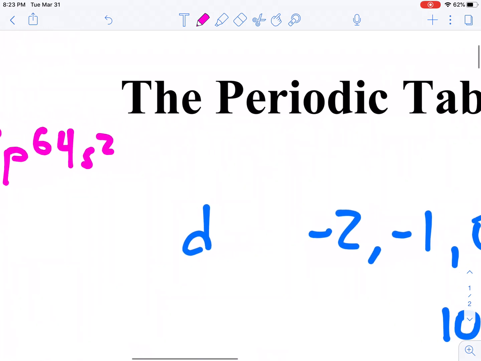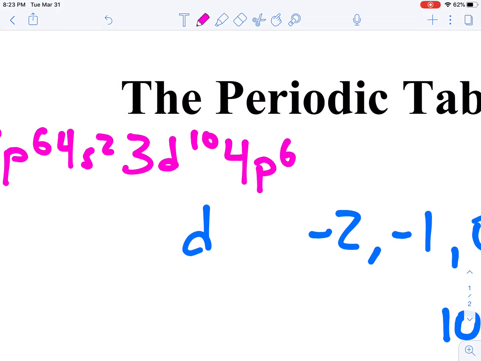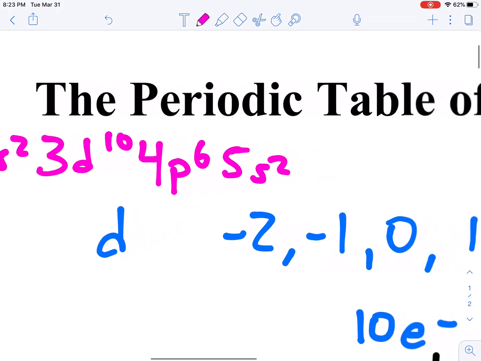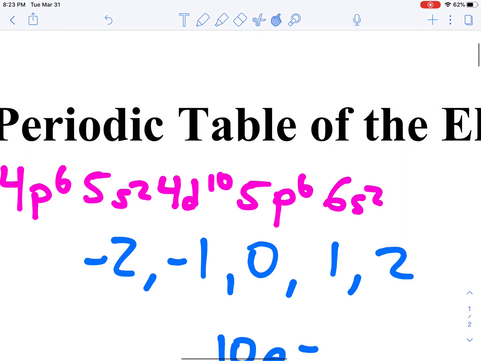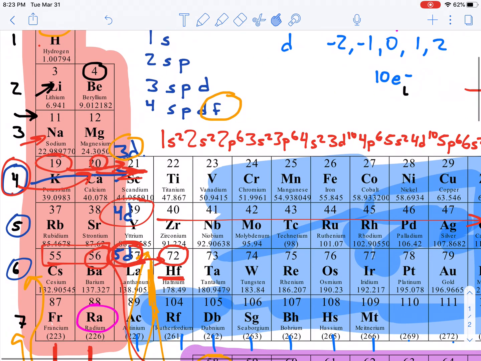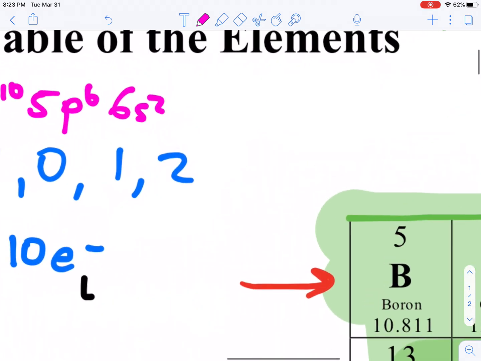4s2 is the place where we first see the d sublevel, so we'll go 3d10. We'll go back to 4p6, 5s2, 4d10, 5p6, 6s2, and after 6s2, you'll notice that we find ourselves right here at barium again. So we said after 6s2, we go to 4f, down to 4f. There are 14 elements, so after that we have